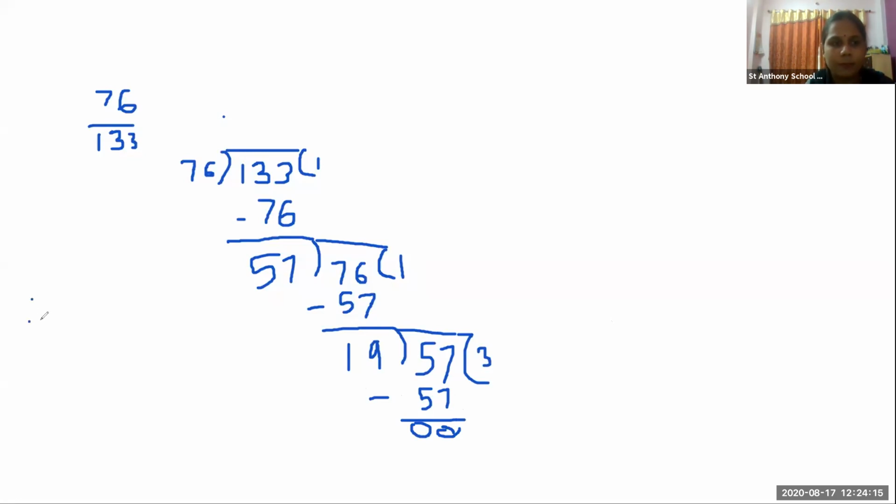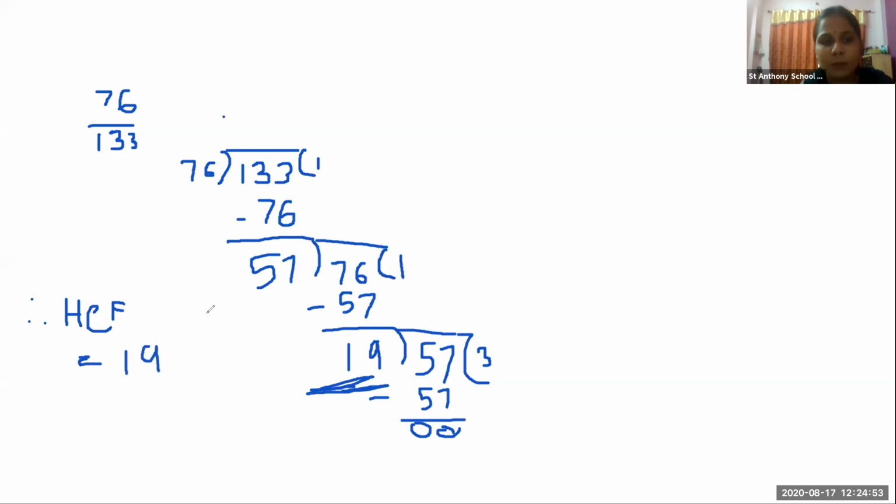So that means which is our HCF? Therefore, HCF is equal to what? Tell me answer in chat box. HCF will be what? HCF is equal to what? Tell me in chat box. 19. Why 19? Because by 19 only we got our answer. Correct. By 19. Okay. So what would be HCF? जिससे हम divide करते, that would be our HCF. So what is our HCF then? Here it will come 19. So HCF is equal to 19.